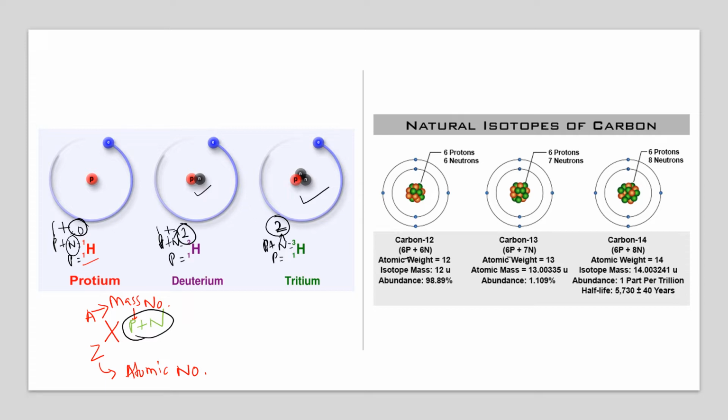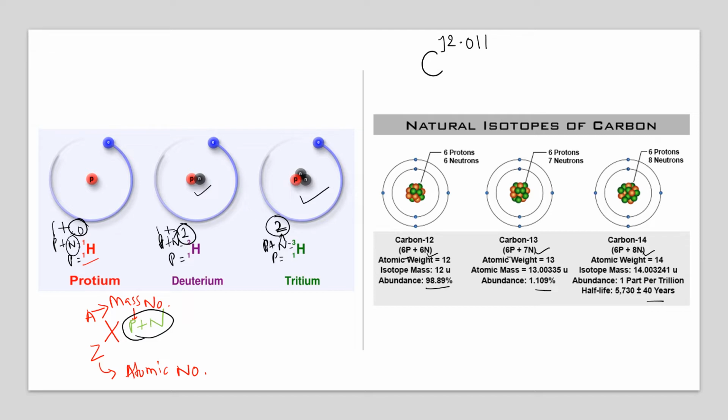Protons are remaining the same, whereas neutrons are increasing by 1 number in each example. So there are 3 naturally occurring isotopes of carbon, and we can look at the abundance. If you have ever wondered, in the periodic table chart, when we see this element carbon, we see that the atomic mass is